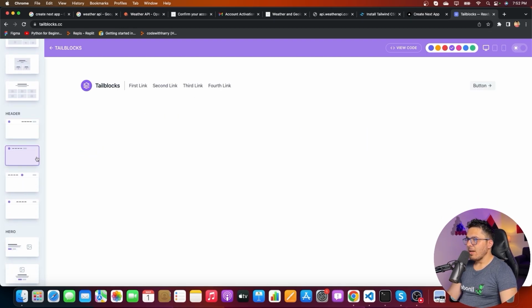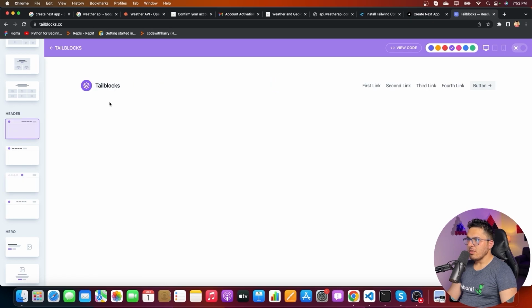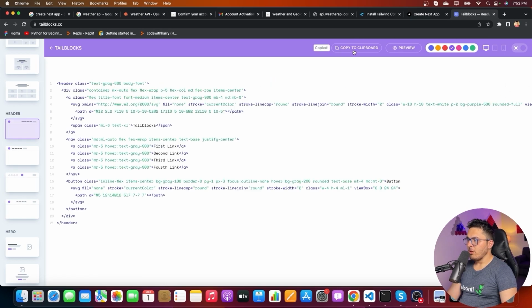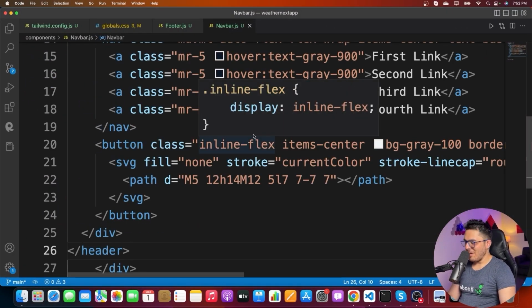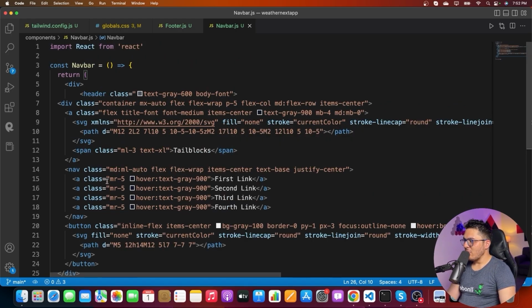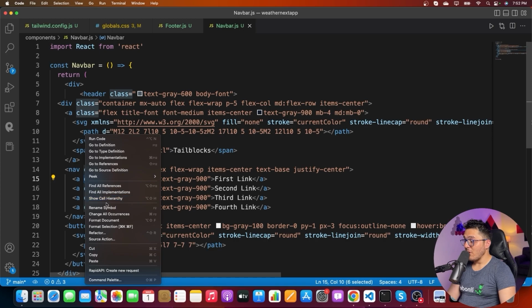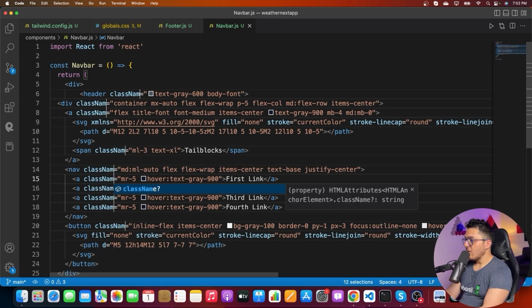So let me grab some header of my liking. Yeah, this looks fine. The first one is quite good. Let me copy this one, copy to clipboard, and it's all copy paste game. Seriously guys, it's that simple. Now you might want to create your own UI, I know that, but I don't want to waste a lot of time in coding